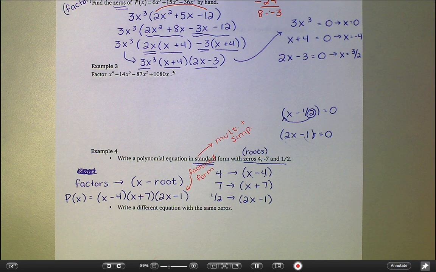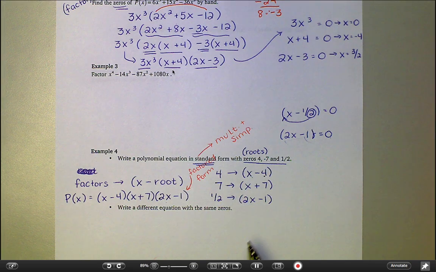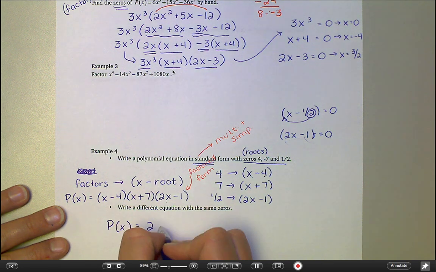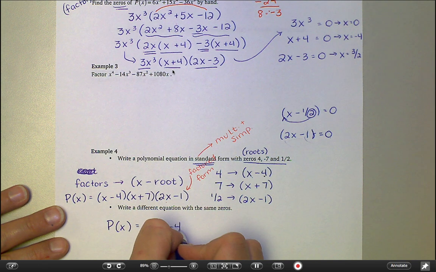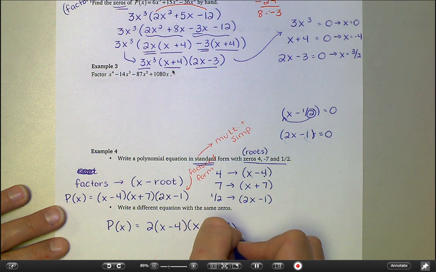Okay, so now the question is, how could we write a different equation with the same zeros? Okay, and this is kind of a weird thing here. So we want to be able to keep these 3 factors, right? Because we need to keep these 3 zeros. But if I throw a constant, if I throw a leading coefficient out here in front of this parenthesis, so let's say, for example, I put a 2 there, and then I go x minus 4 times x plus 7 times 2x minus 1,